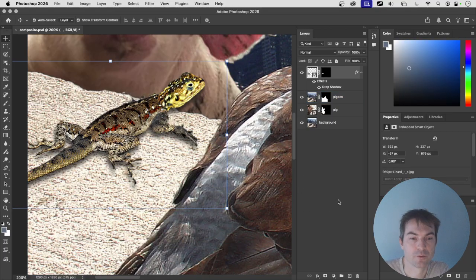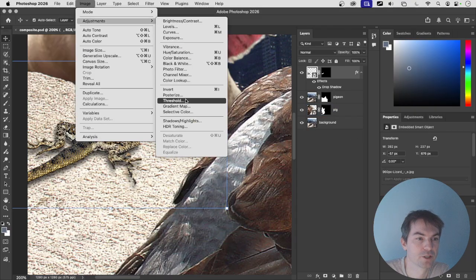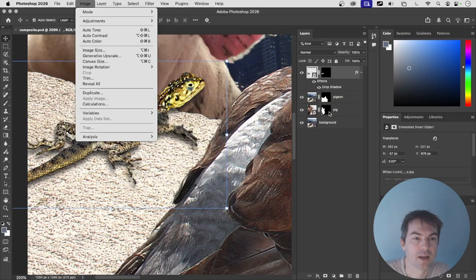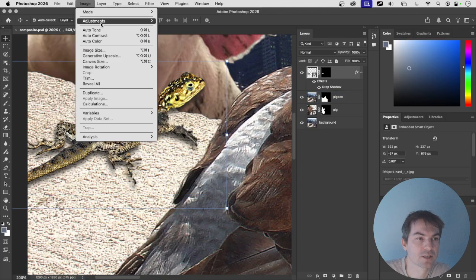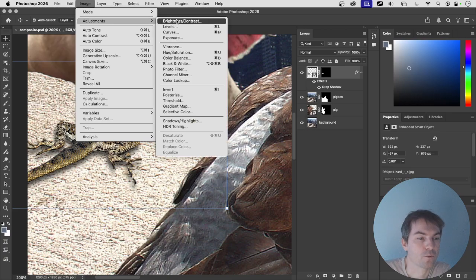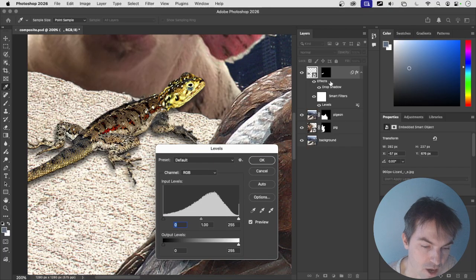Another adjustment that we can do is to try to play with the overall colors and the lighting. So there's a couple of different ways to do this. If you go to image and you go to adjustments, there's a whole bunch of different adjustments. If I select a layer and I go to image and adjustments, it's just going to add it to that layer. So one thing I might add to this is just a basic levels. This is going to let me set the overall color levels of this layer. And so if I do this,